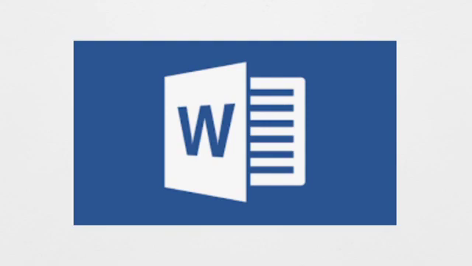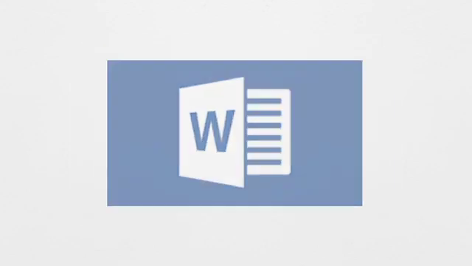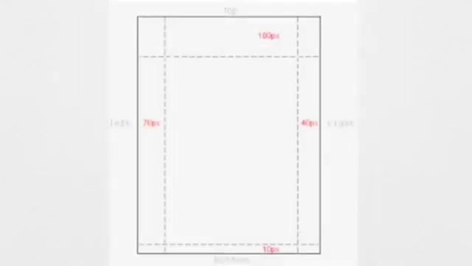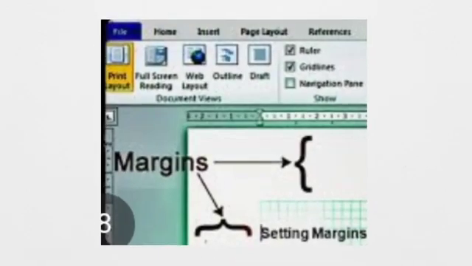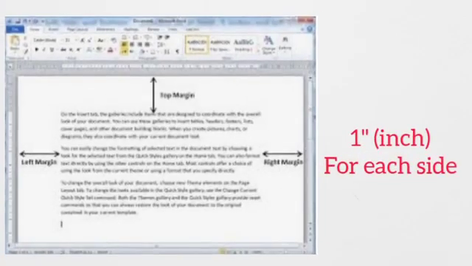In Microsoft Word also there is a margin. There is a margin on all four sides: right, left, top and bottom. These margins can be increased or decreased. By default Microsoft Word provides 1 inch for each of the sides. Afterward, if you want to change it, you can change it anytime. So there are some steps to change it. How will you change it? That is what we are going to discuss here.